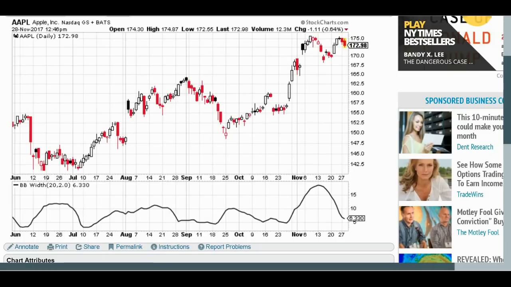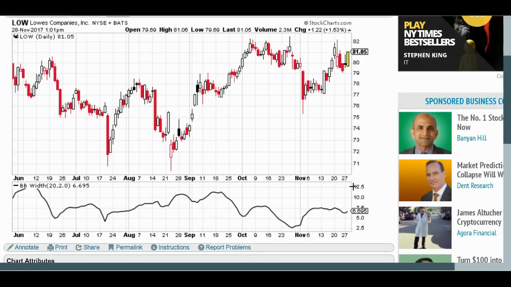All right, let's look at lows, and take a look, the Bollinger Band width got really low here, like down to 2.5, my goodness. And if you had bought a straddle or strangle here, or even if you bought it when it was a little bit below 5 here, even if you bought it back here, if you had just been a little patient, waited a few days, you would have had the nice big, look how far down this went intraday on this candle here. You would have had a nice profit on your straddle or probably your strangle as well.